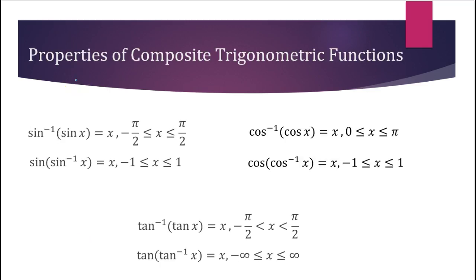Now let's take a look at some properties of composite trig functions. We're going to find the composition of different trig functions, focusing specifically on sine inverse of sine x and sine of sine inverse of x. So we're composing inverses. And I want us to remember this definition of inverse functions from a previous lesson: if two functions are inverses, then f of g of x equals x, and g of f of x is equal to x. So that's what's really happening here. Sine inverse of sine of x, since they're inverses of each other, we get an